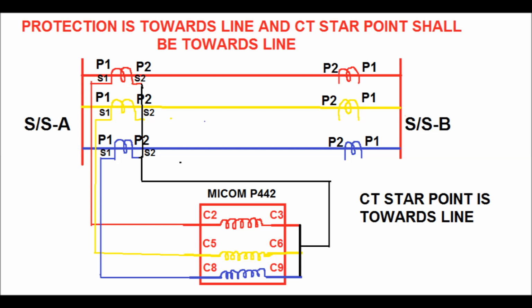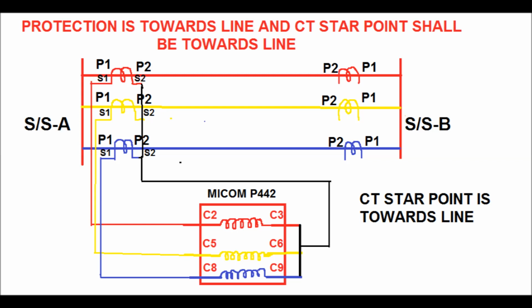Now come to the case of line protection. That is the case of distance protection, or it may be directional overcurrent protection, or earth fault protection for a line. Since it is a line protection, the direction should be towards the line. So P1 is connected on the bus side and P2 is connected towards the line side. The general convention is that CT star point formation should always be done towards the protective object. Here the protective object is the line,